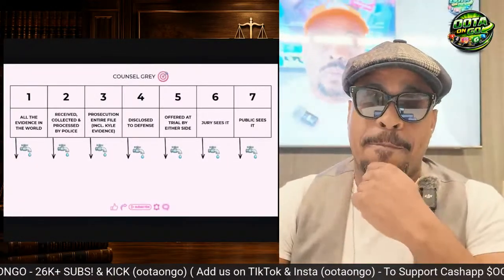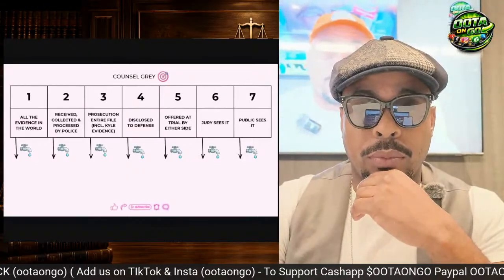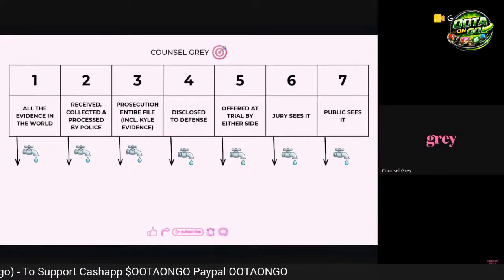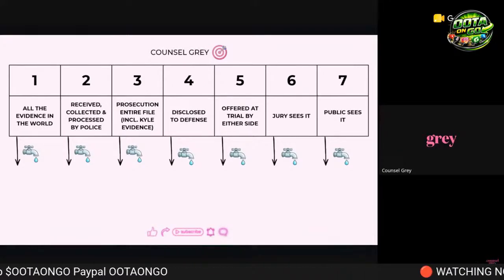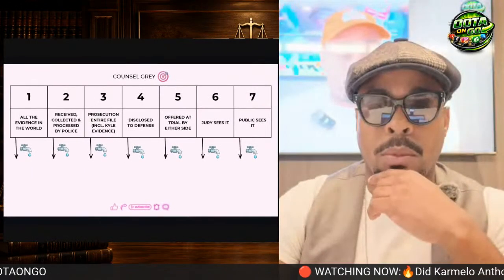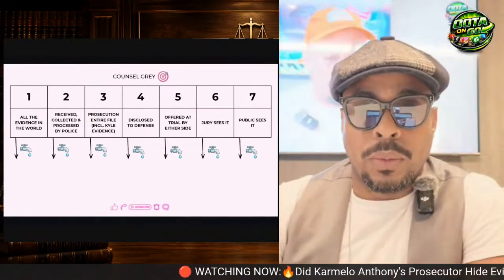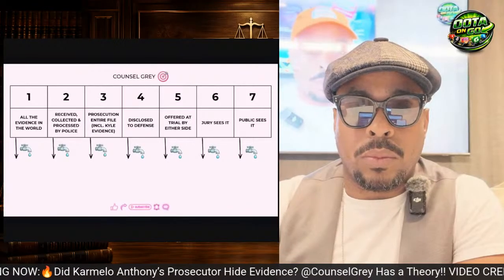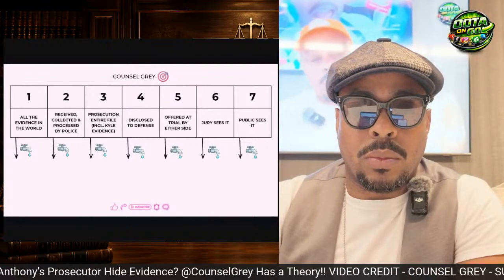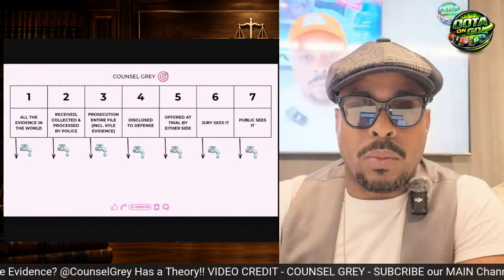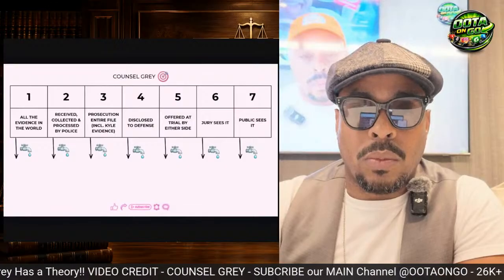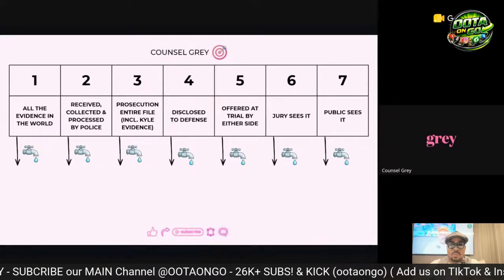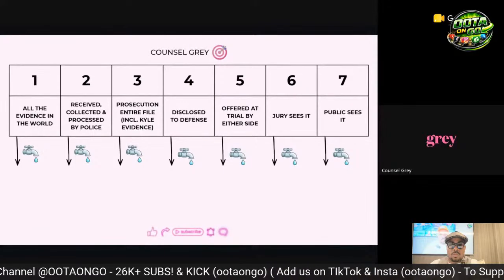Like I said, that is all the possible evidence in the world. Some of it pertains to this matter. Some of it does not. So the next phase, which is a narrower phase, is that portion of evidence which is received by the police, either because someone brought it to the attention of the police, or it was collected at the scene and processed by the police, right? You see that as a much smaller set of information, okay? The next thing is the prosecution's entire file, okay? And that is documents, witness testimony, evidence, blood results, blood samples, right? Everything that they've got, video footage, cell phone footage, it's everything that they've got.